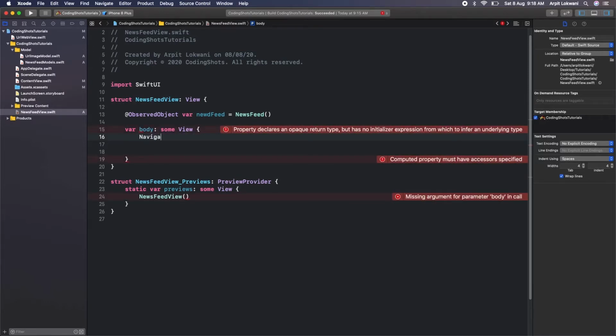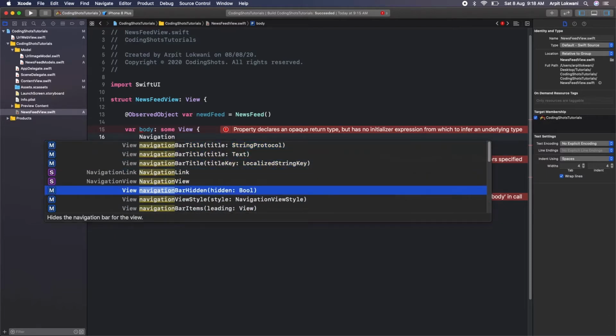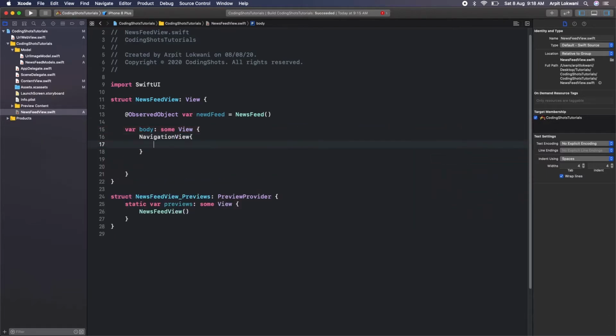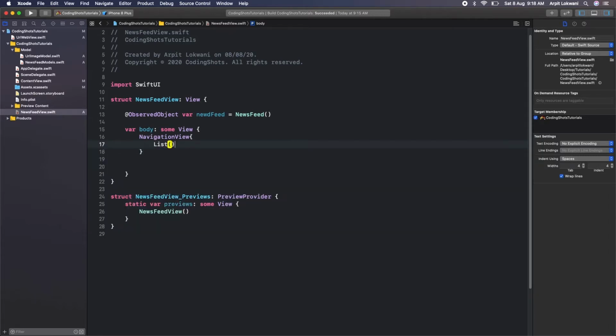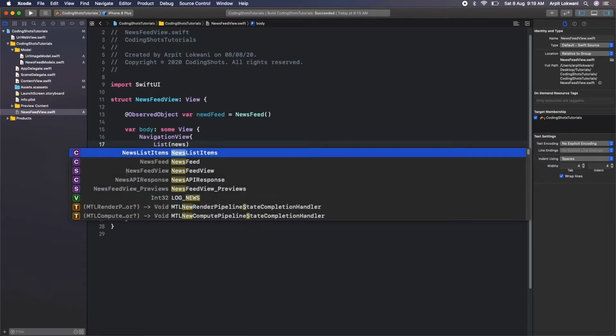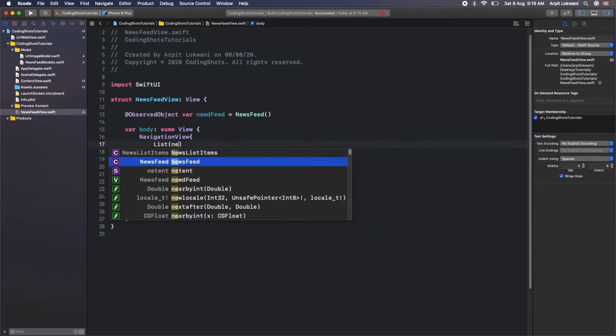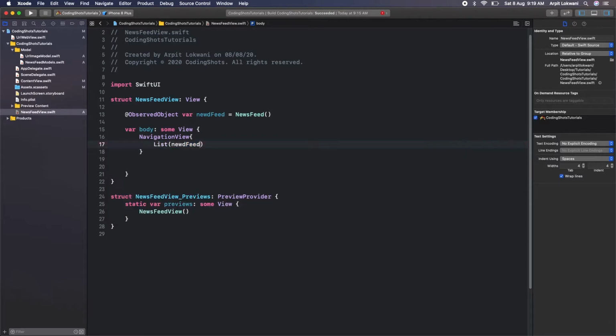So first I will say navigation view, and inside that we need one list which has the news feed. Actually, news feed is not coming. Oh, the spelling is wrong, that's why it's not coming. Sorry guys, my keyboard typing mistakes are sometimes there, so you can avoid that.